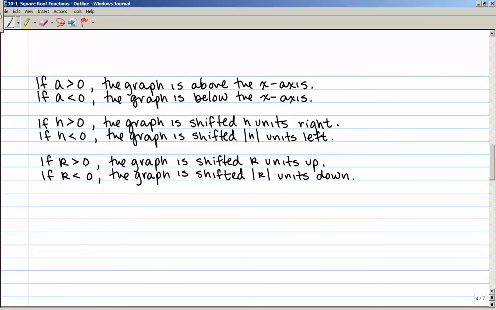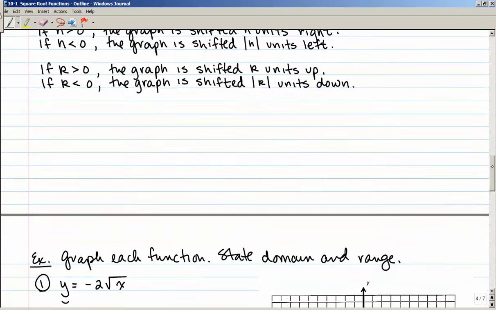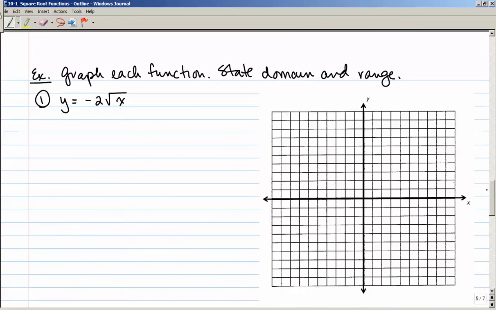If k is greater than 0, the graph is going to be shifted k units up. And if k is less than 0, the graph is going to be shifted the absolute value of k units down. So let's take a look at a couple examples here. Directions say graph each function and then state the domain and the range. So our first one is y equals negative 2 times the square root of x. Notice that this is the same as negative 2 times the square root of x minus 0